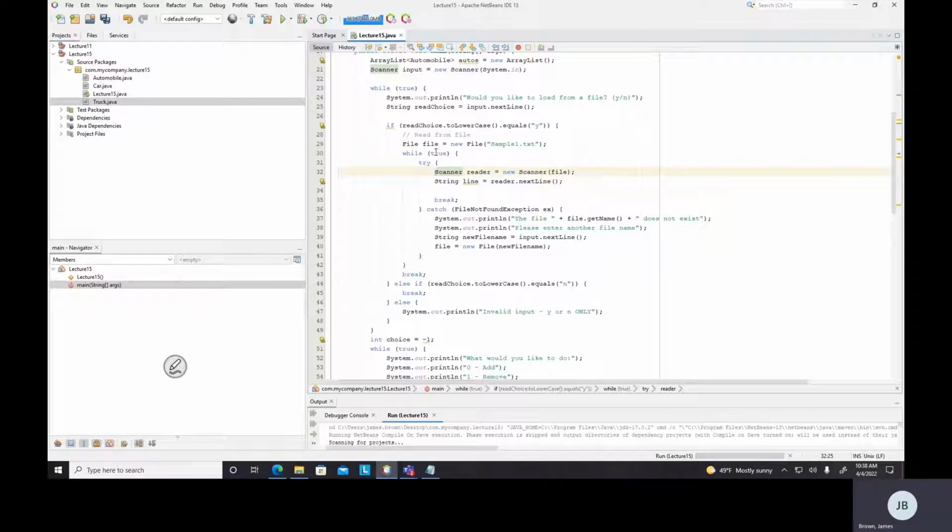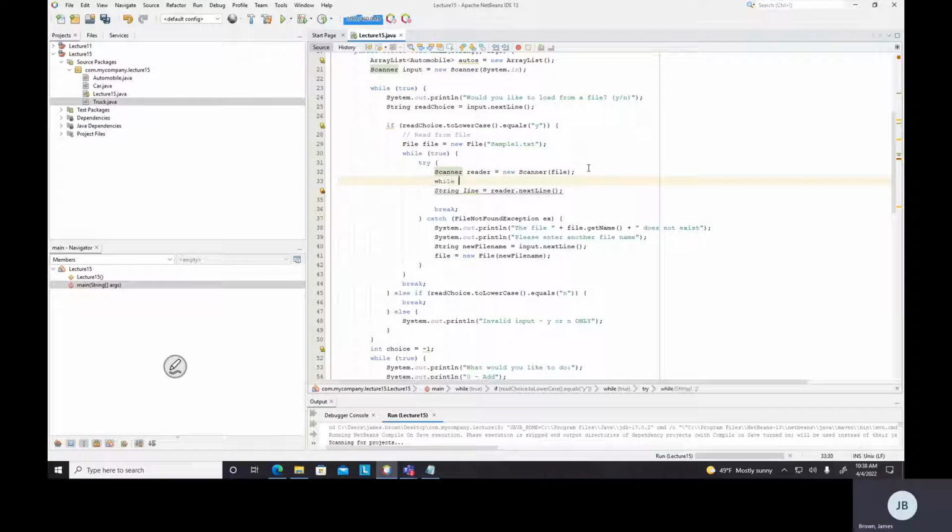A while. We don't know how many lines are in this file. When we start reading, it always starts at the top. So you don't know how many lines are in this file until you start reading it. So a while loop, again, we don't know how many times it's going to go. So we can say